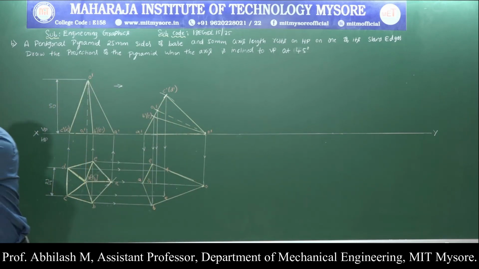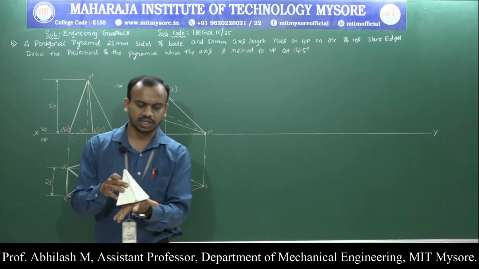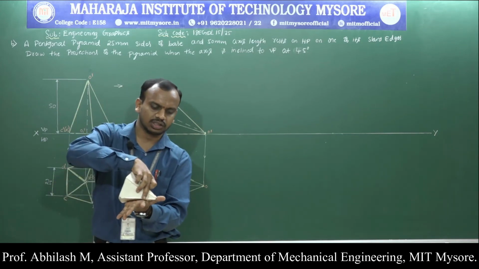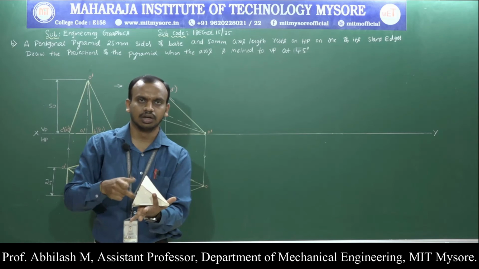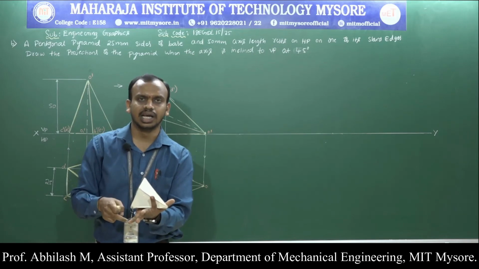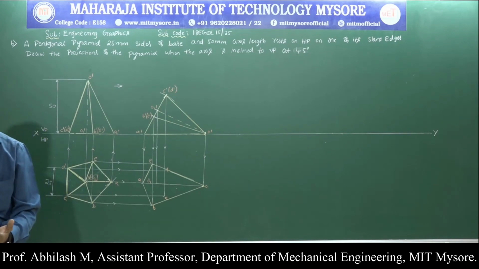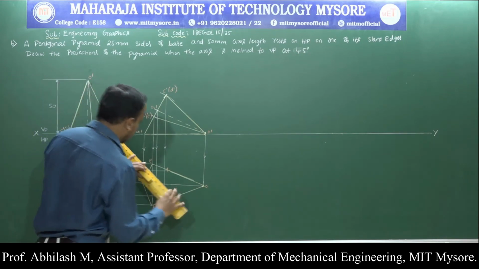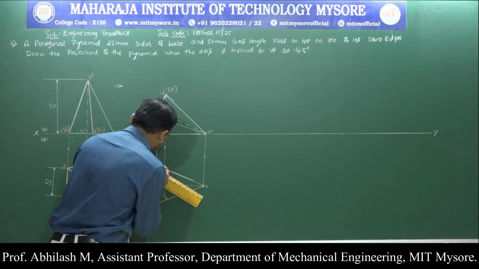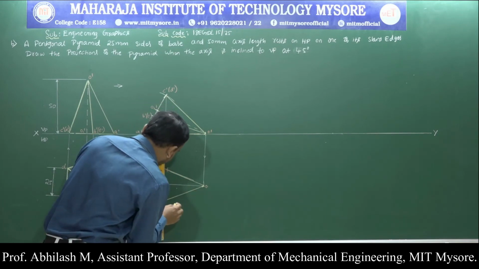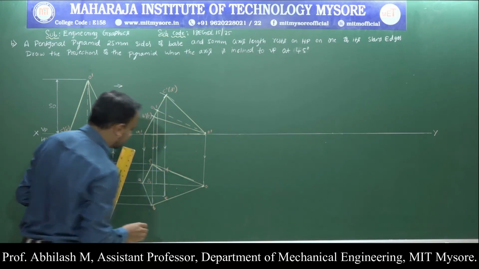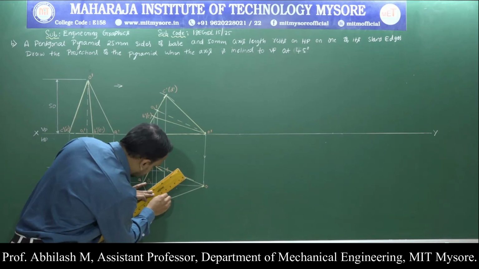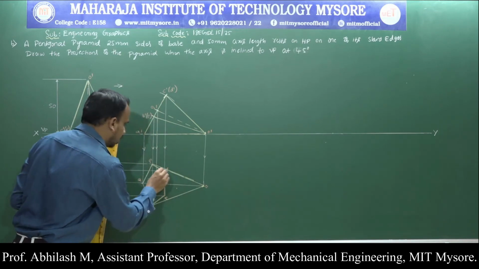Now let us rest this on the particular condition and see. Initially it was here, now I am completely resting it on the slant edge. So for the observer, the base side is completely visible. All the sides of the base are completely visible. So what I can do is take that particular portion, from E to D, it is completely visible. And from D to C, it is completely visible. And again from C to B, all the sides are completely visible for the observer.